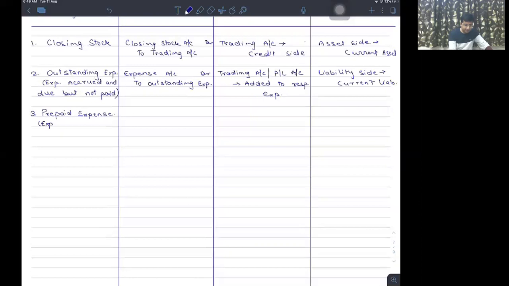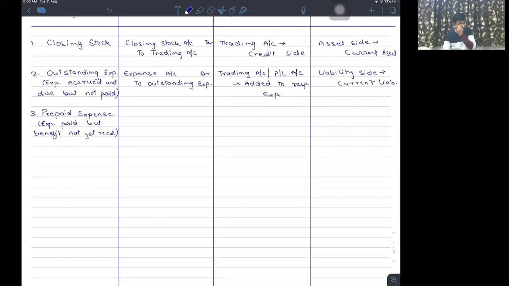Expense paid, but benefit not yet received. You have paid the amount, but you have yet to get the benefit against that. Like take for example,